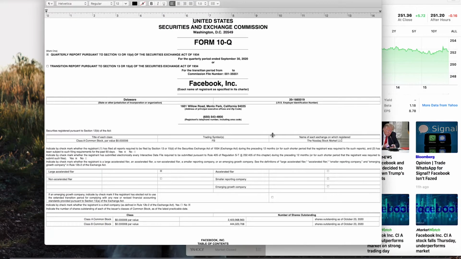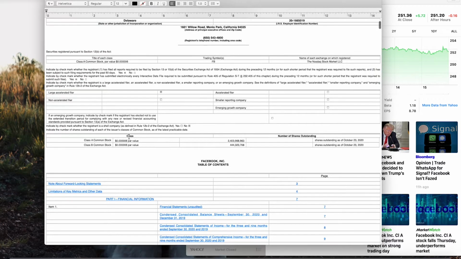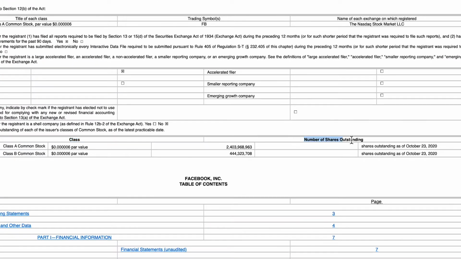It's downloading. And we're going to scroll down and we're going to look for this right here. Our class and number of shares outstanding. So Class A common stock and Class B common stock. The difference between the two is the amount of voting power that one receives along with the share. So Class A shares are owned by directors, and Class B, they're the ones that are sold to us, the